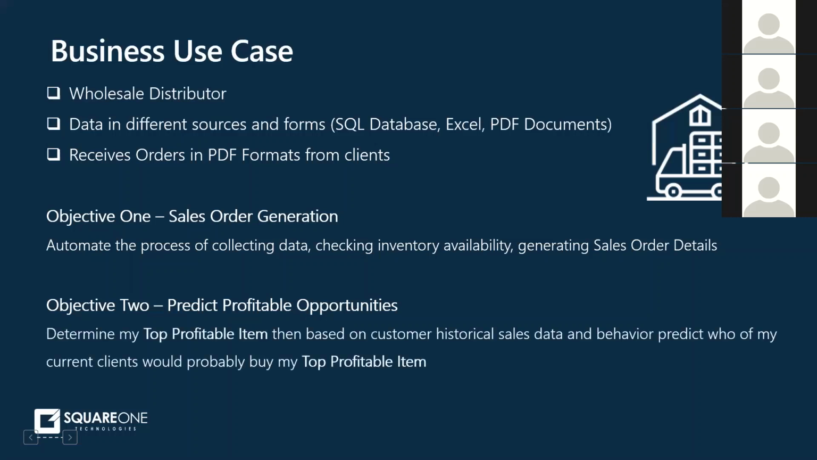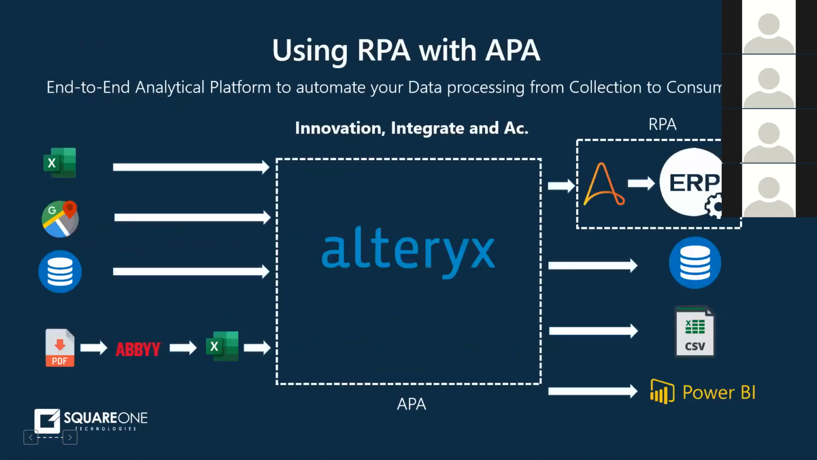And we will be doing that by determining our top profitable item. And then based on the historical data of the customers, I will be studying this historical data and predicting who, among the customers that still haven't bought this item, might be a good opportunity to target. All right. So using robotic process automation with analytical process automation to get our end-to-end platform